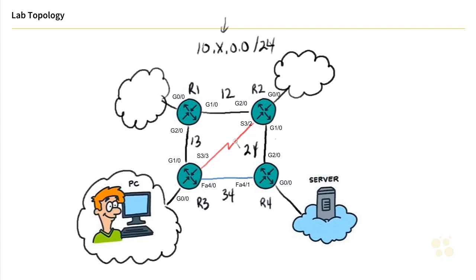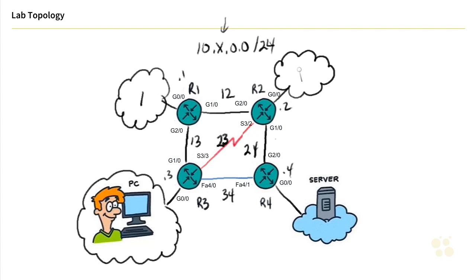And then for this serial connection, this slow connection between R3 and R2, also each of the routers, the last octet's always going to be their router number. So R1 is going to be .1 everywhere, R2 is going to be .2 everywhere, R4 is going to be .4 everywhere, R3 is going to be .3 everywhere. Perfect. Also, for these networks coming off the ends, the G0/0 interfaces respectively, those are going to be the same as the router number as well.